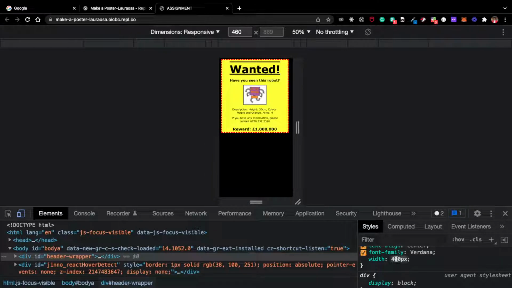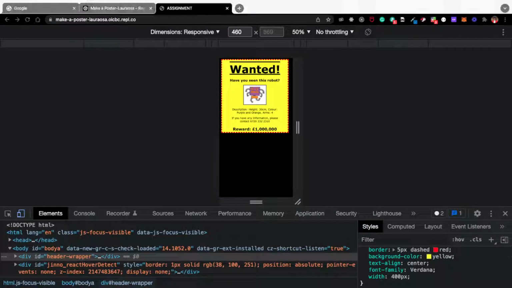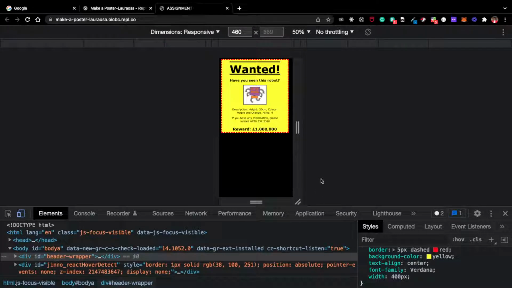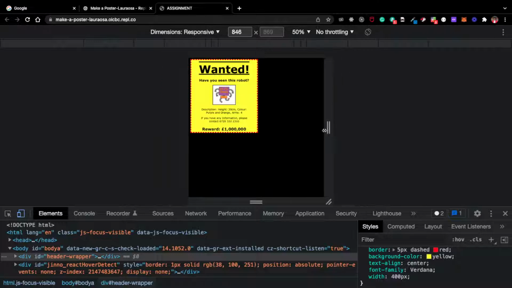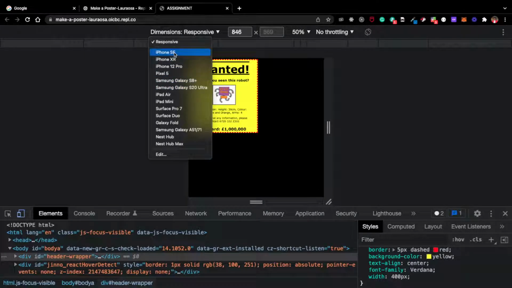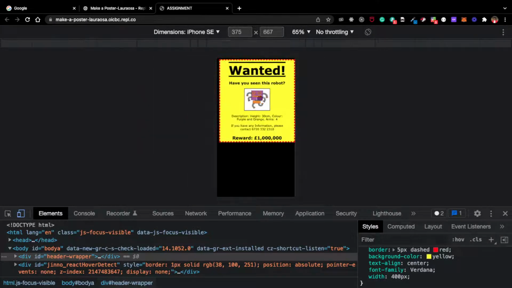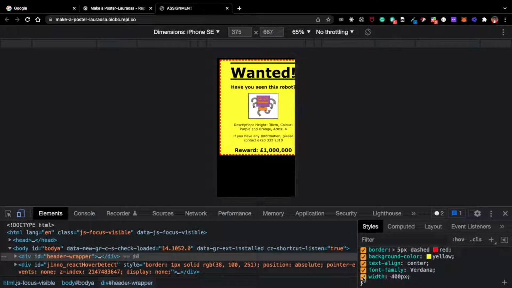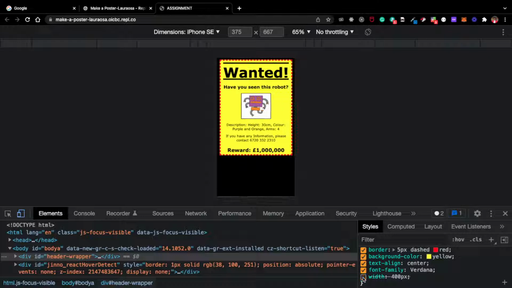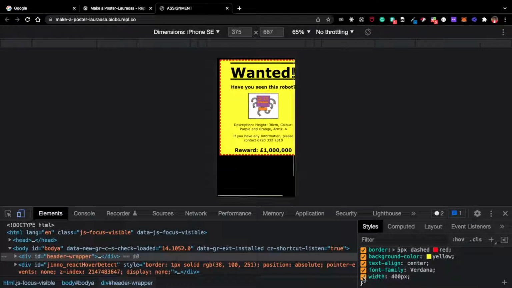So the quick hack for you to be able to do something like this is to set the dimension as such, because the smallest screen size as far as devices are concerned will be around most of these devices, so it's about 375 pixels. So with that screen size, if you set a width of 400 pixels, you can see that some things are going inside. And that's where media query comes alive,